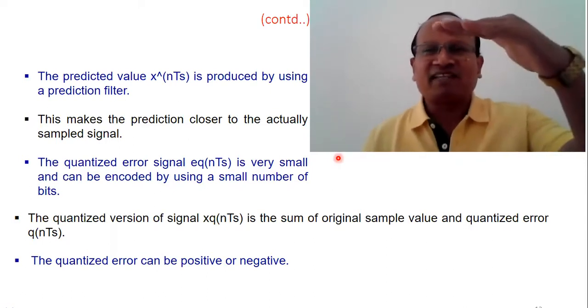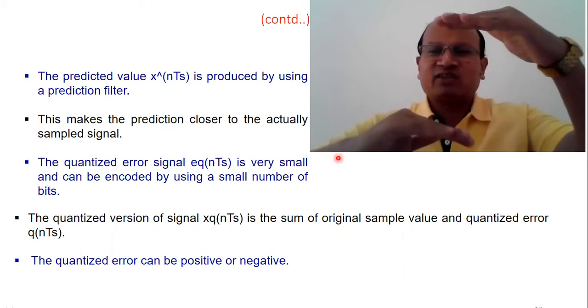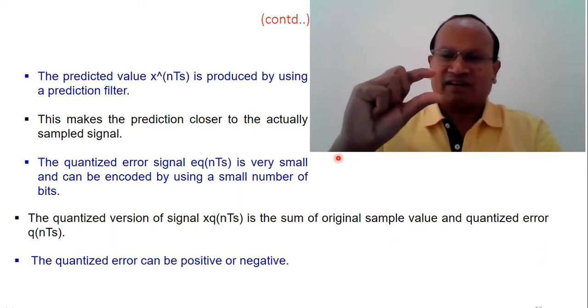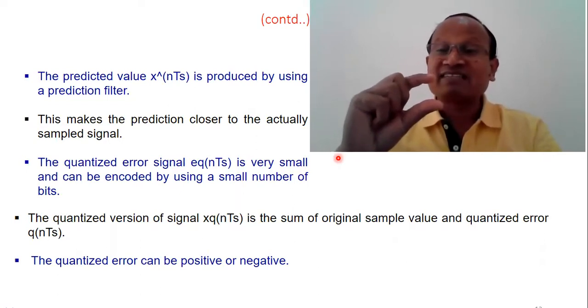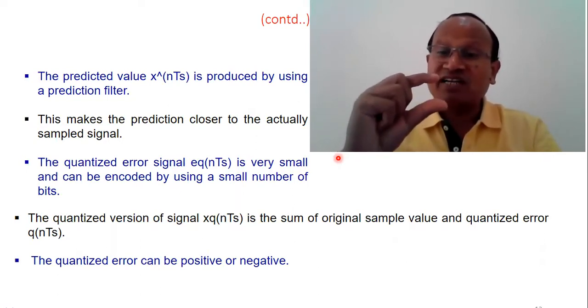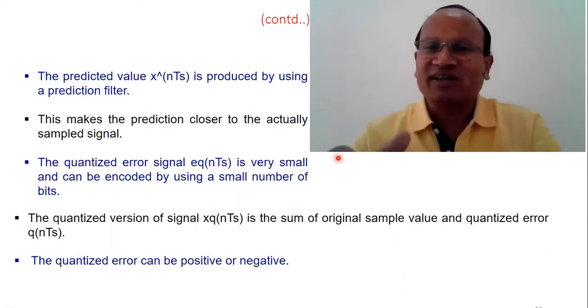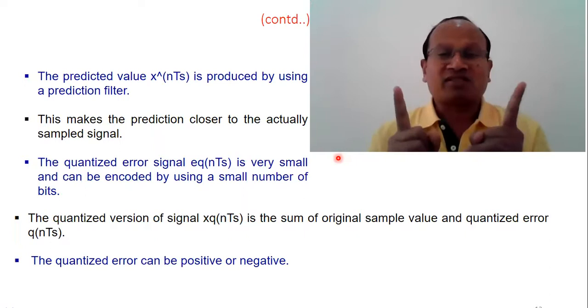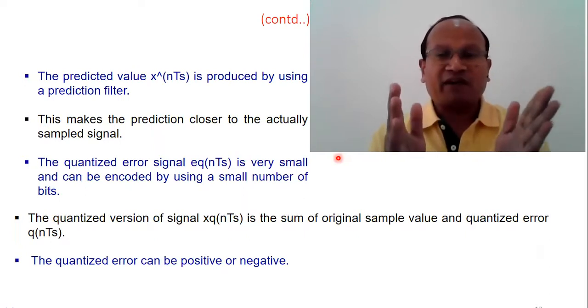Okay, there is a sample at one side and there is a sample at the other side. So what is the difference? Of course, the difference will be a very small value. So the sample corresponding to that difference is encoded. A very small number of bits will be required in the encoding process. What is the biggest benefit of this?